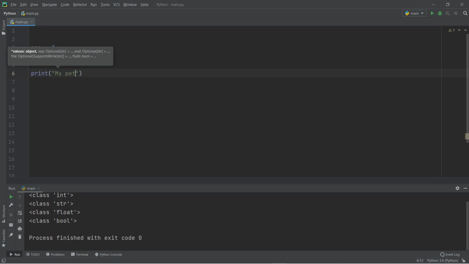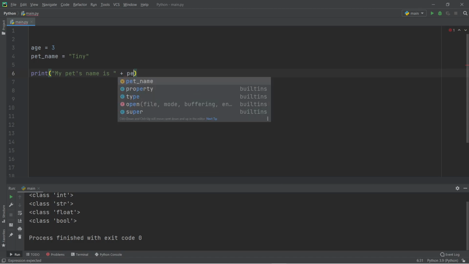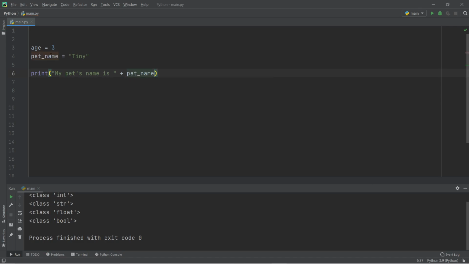I'm going to say my pet's name is pet's name. Now, oh, I didn't show you that. So with variables, if you start writing out a variable, so say I write PE, you can see here it starts to highlight. So here it's highlighted pet name, which is what I want. If I click tab on my keyboard, it will auto complete it, which is what I do quite a lot because it's quicker. So plus, so this should all hopefully look